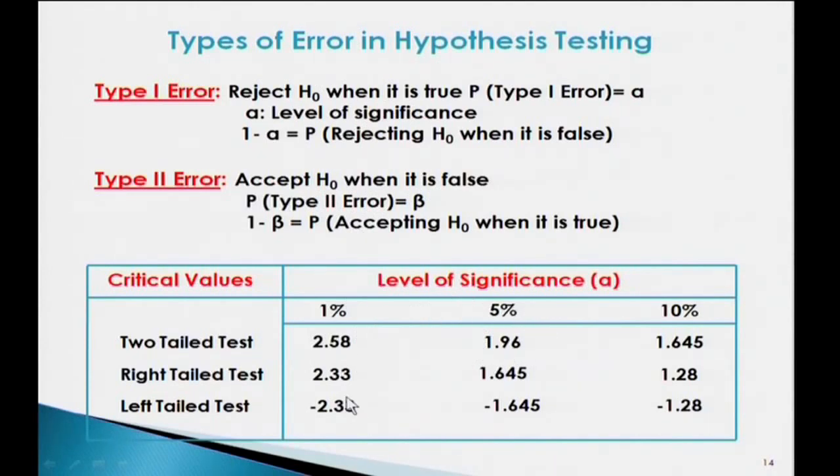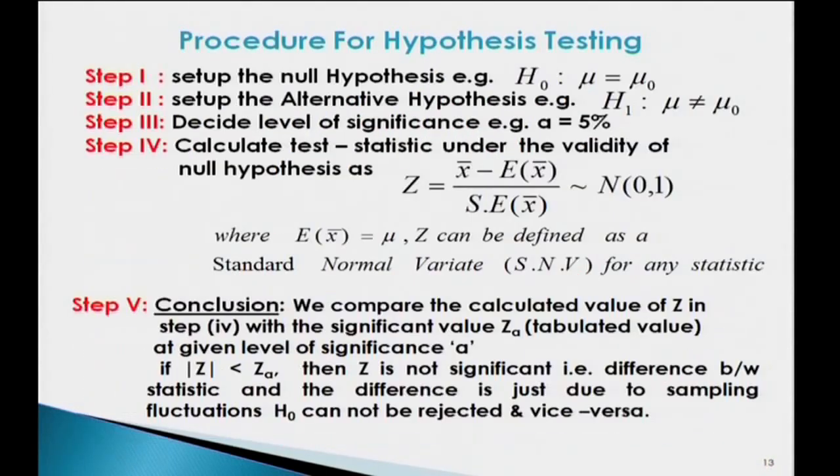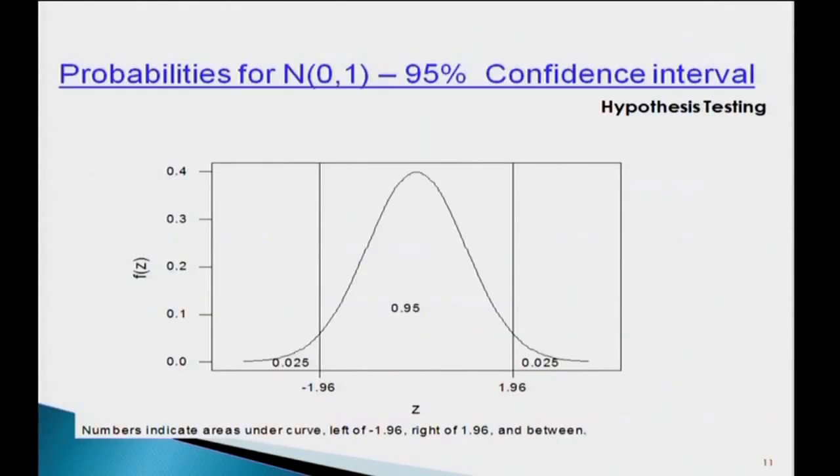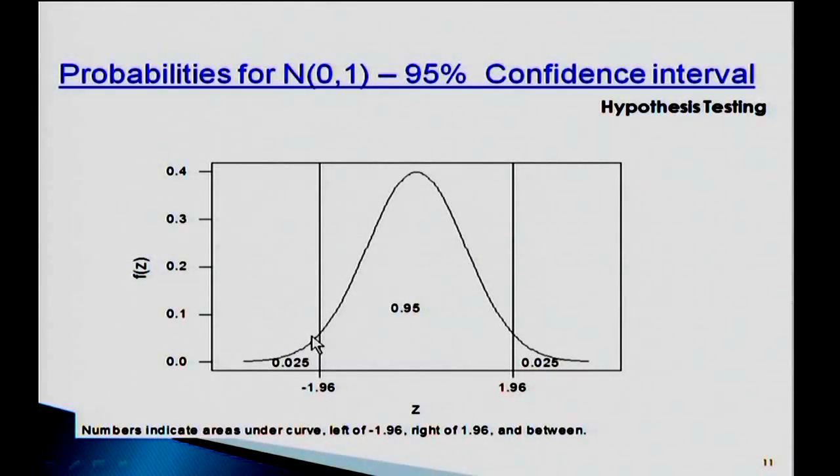These are certain values of Z, the critical values with which we will compare whether our Z is less than that or more than that. These are certain values in one tailed, two tailed. If you are able to memorize this, you can memorize. Otherwise, you can always have these values from the Z distribution table. So, again that normal distribution plays a very important role.